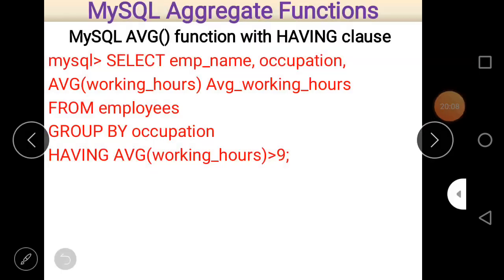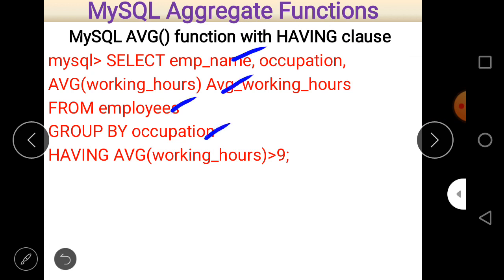Next is the having clause. As you know, whenever there is a condition related to a group by clause, that condition must be given with the having clause. So here all the things are the same as the previous one, which I already discussed.